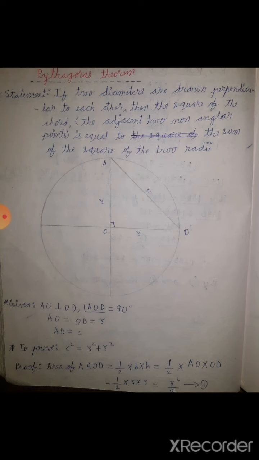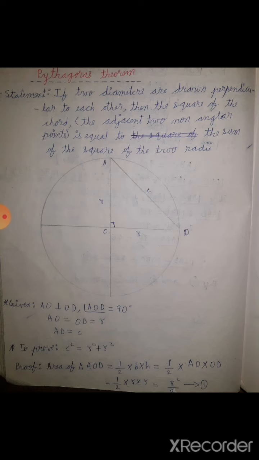This video is based on Pythagoras theorem. So we all know Pythagoras theorem, and we all know that Pythagoras theorem has many proofs also. But this is a proof I have made with the help of equilateral triangle and the radius of circles.